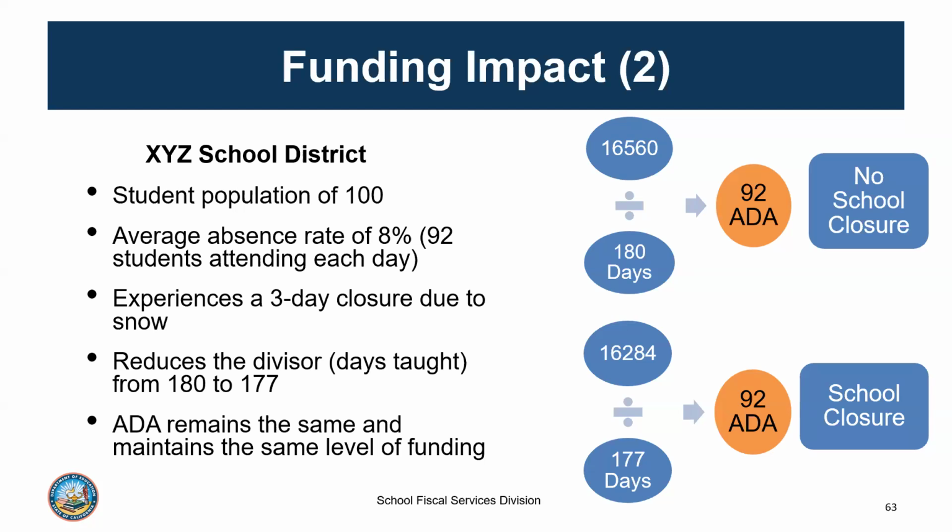When XYZ school district submits a Form J13A request, they are requesting approval for the 3 days of instructional time credit to prevent a fiscal penalty associated with failing to meet the instructional time requirements during their annual audit.